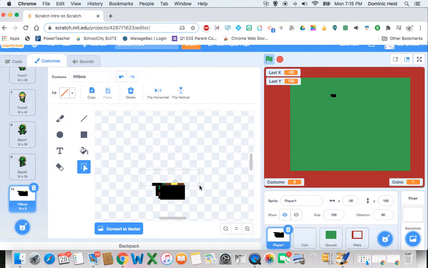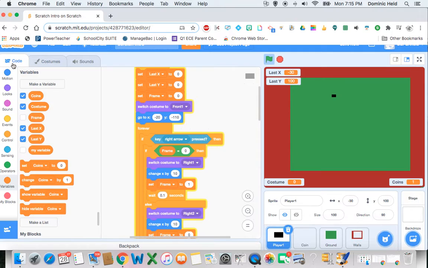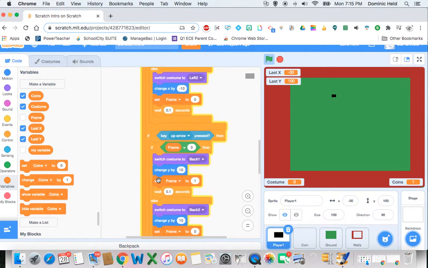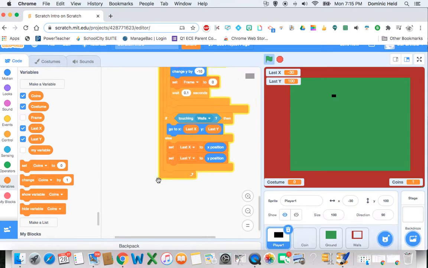All right. I was just trying to make the hitbox be right at my feet. All right. So I'm going to eliminate any other colors. All right. So now I just have the hitbox. Okay. And so now I'm going to go into my code, and it's going to take me a second to work this out, but